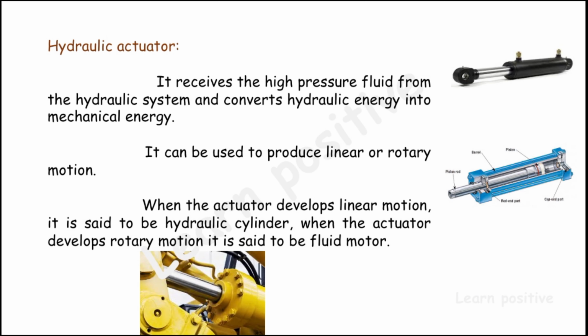So, in JCBs the cylinder is attached, it is a big size cylinder. So, big size cylinders are attached in the moving parts. When we actuate the hydraulic system, the linear motion is actuated and the load is lifted. So, it is mainly used in bigger components. No, there are also smaller components. In our car power steerings, we use a hydraulic system. So, it is said to be the power steering.